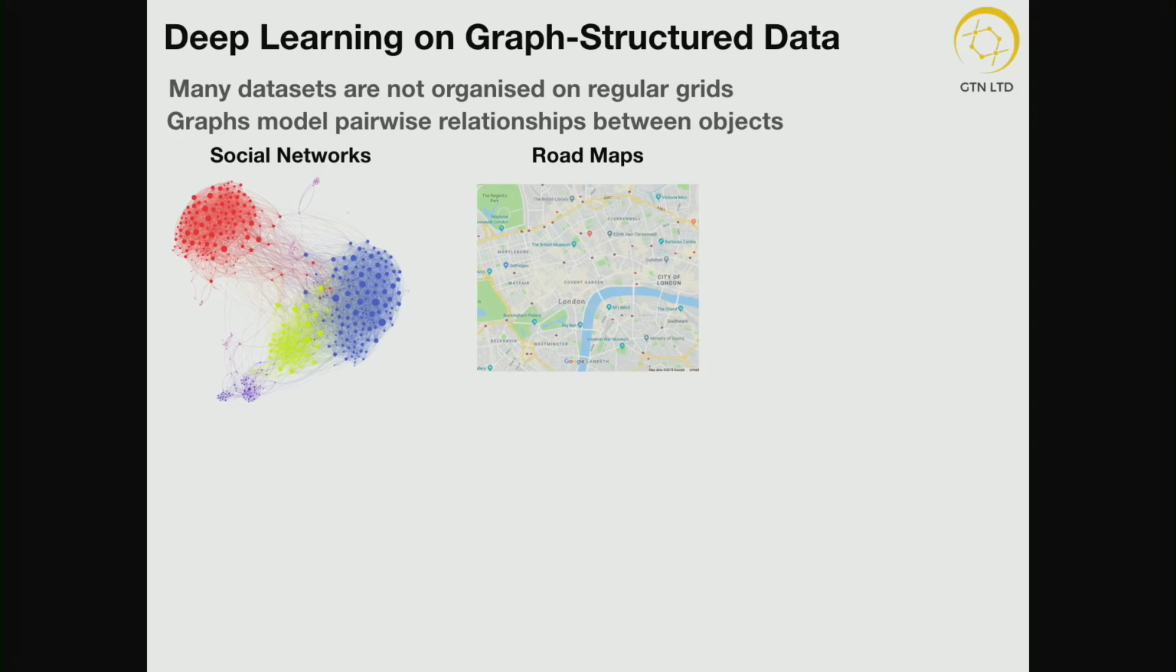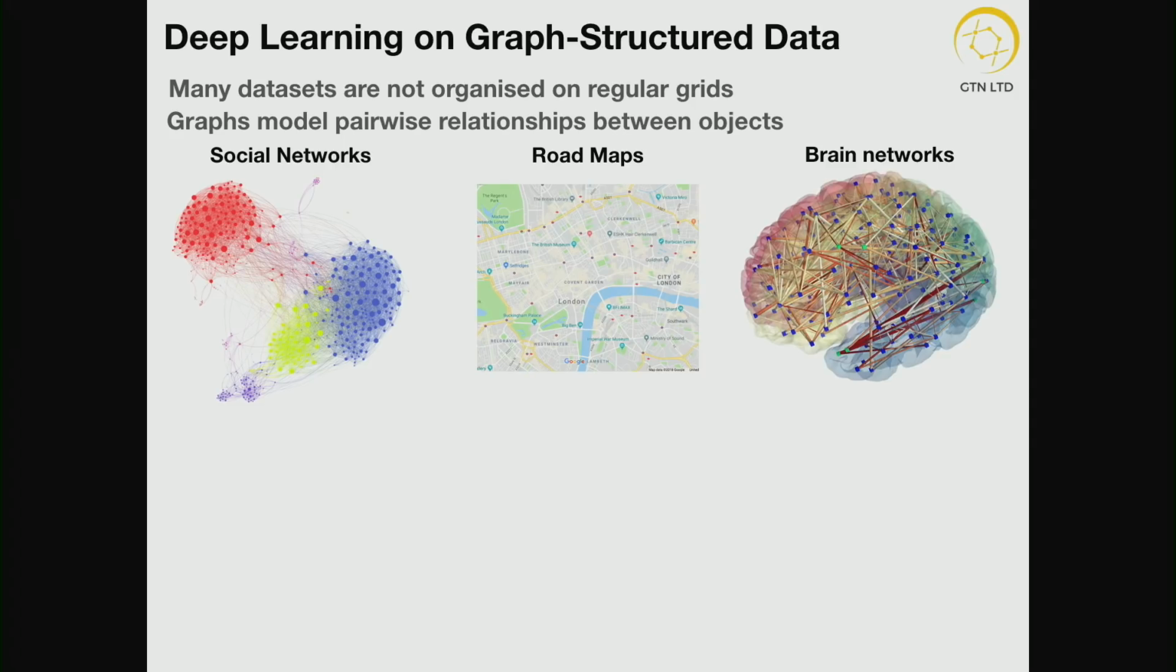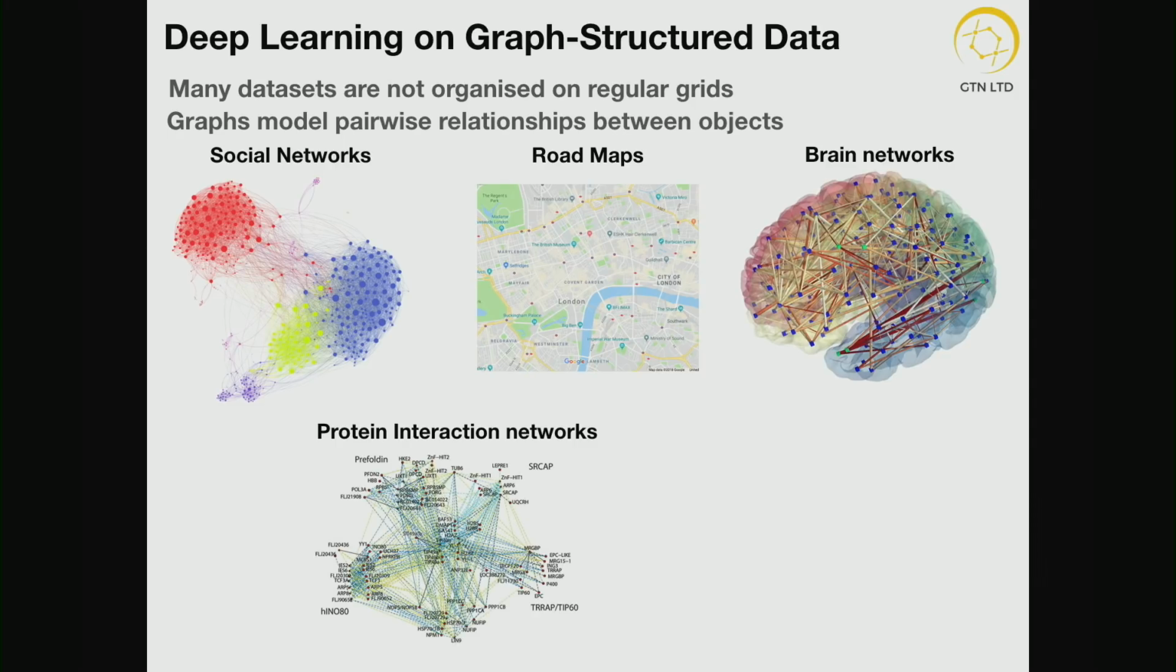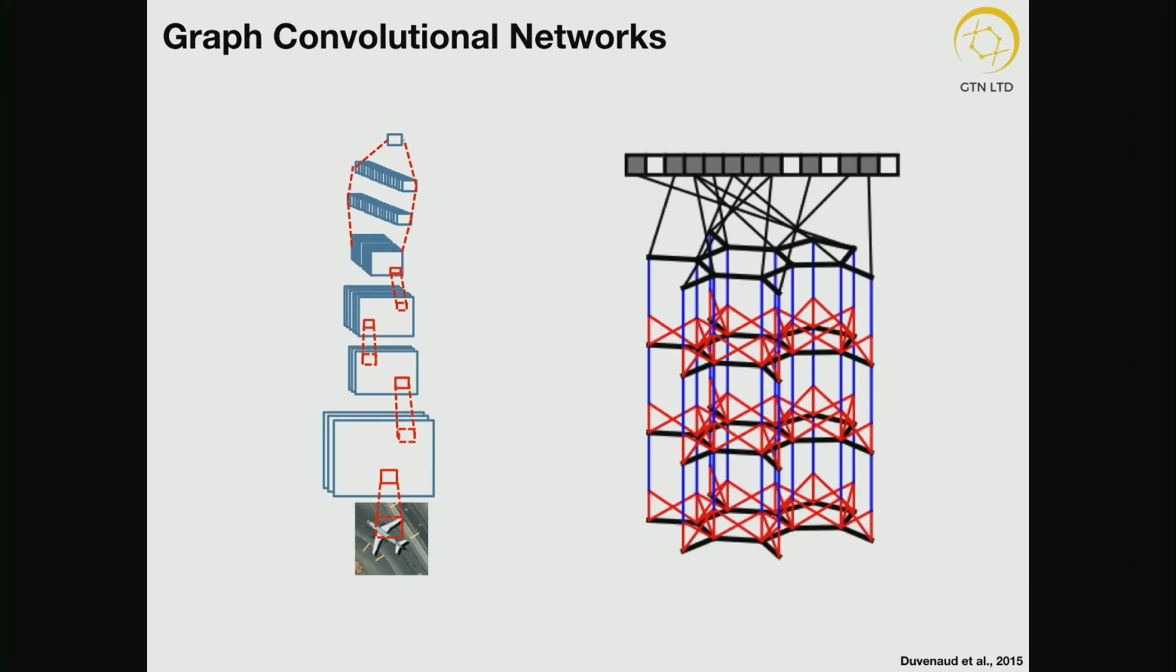Road maps are a good example of something you can model as a graph. Various biological networks, like brain networks and protein interaction networks, are often modeled as graphs. And what's most relevant to us are molecules. These representations of molecules are often depicted as graphs. So the goal of what we're trying to do is to generalize these basic convolutions to work on molecular